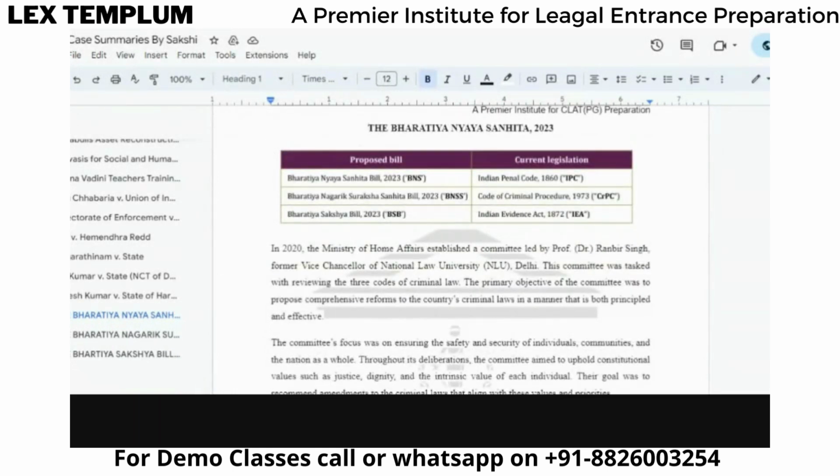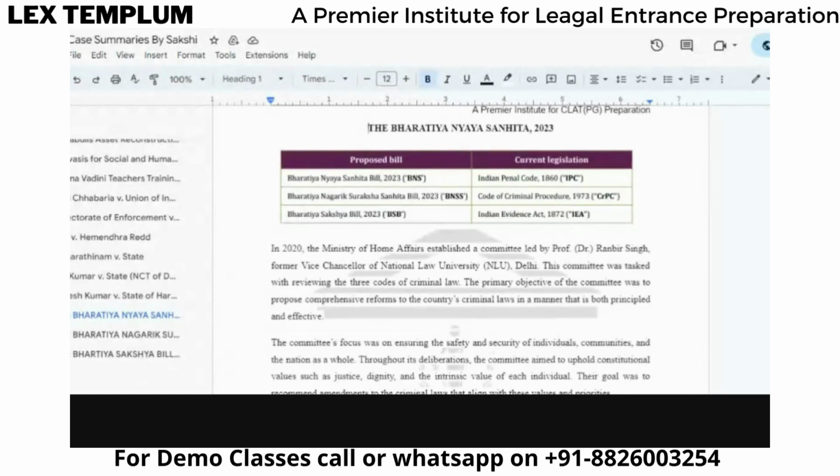Yes, ma'am. Okay. So the first question here is: on recommendation of which committee are these bills being formed? Which committee worked on these bills? So none other than Ranveer Singh. He's a very good scholar, very good academician. You read his article, I find his article very good. और उन्होंने EPG जो platform है, massive material जो बना है वो रणवीर सिंह की guidance में ही बना है. So he is the former vice chancellor of NU Delhi, and he only